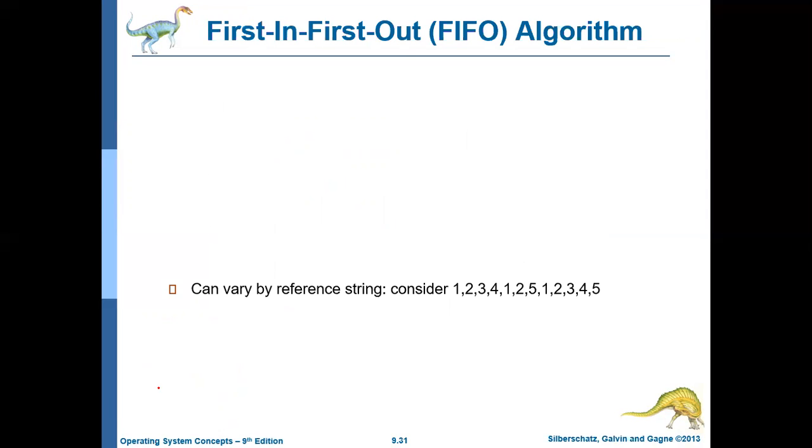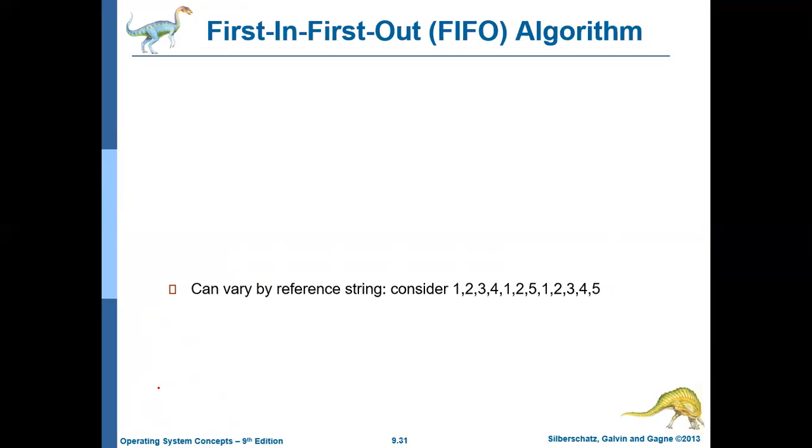So we'll go through the algorithms. The first algorithm that we'll be discussing is FIFO, that is first in, first out algorithm. What this algorithm says is, whenever you want to replace a page, you replace the page that comes into the memory first. First in, in the sense, which comes earlier.